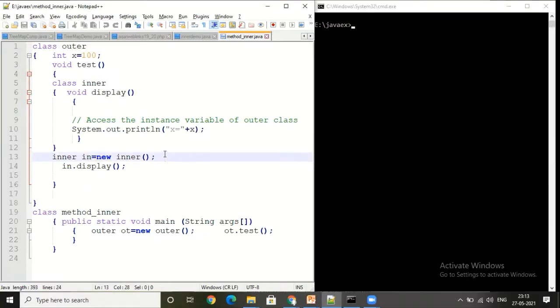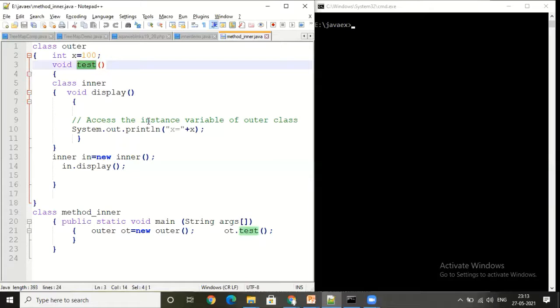When we are talking about the local method inner classes, that means in the previous example, we saw that the inner class was within the outer class. But this time, whenever we are calling it a local method inner class, that means your inner class can be within a particular method.